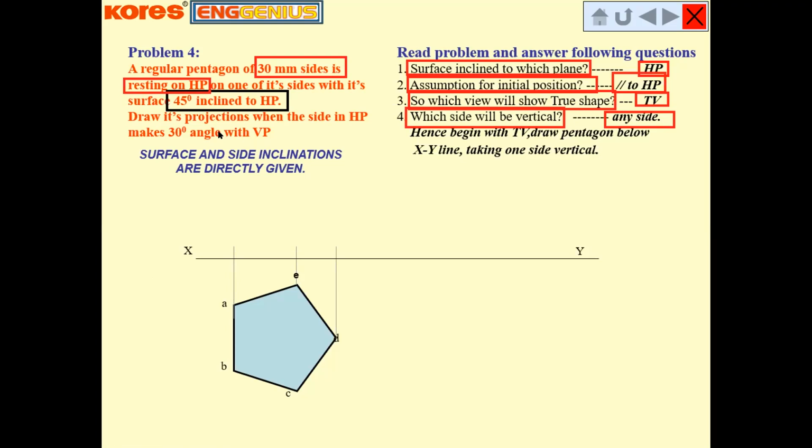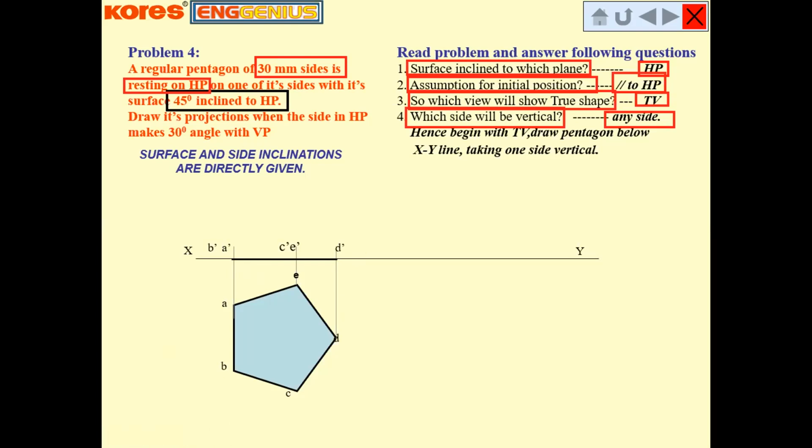You will only be able to see one horizontal line on the XY line, which indicates the front view. Point A's projection on the front view is denoted by A dash. Similarly, the next points are B dash, C dash, and here is the last point, which is D dash.